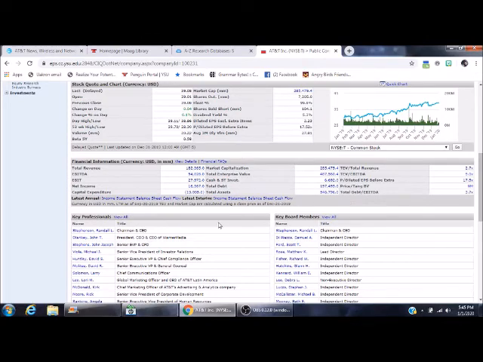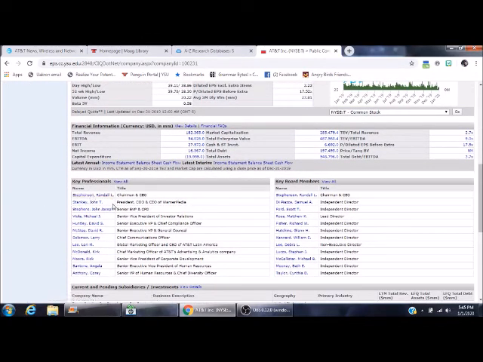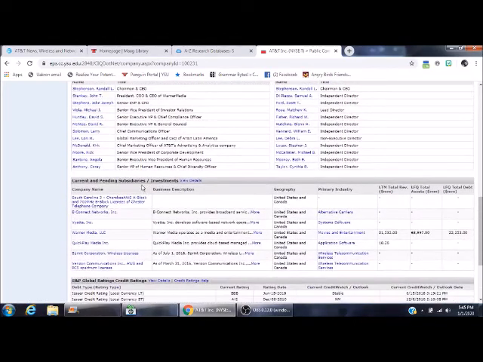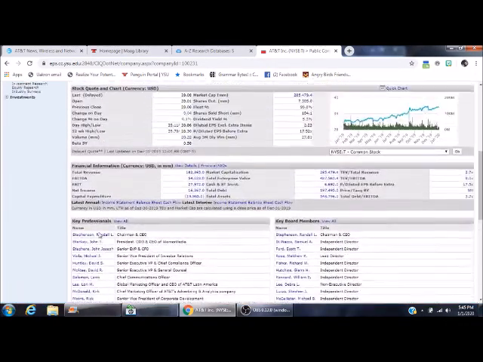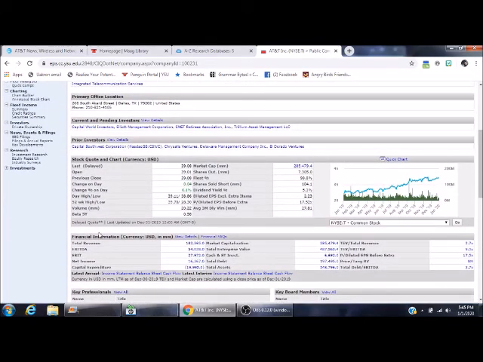Key professionals, some of this may be relevant, some of it may not. Usually if I'm discussing the key professionals, I talk about the chairman and CEO. Sometimes the president is also relevant. Senior vice president of investor relations, that could be an important person as well. Current and pending subsidiaries, these are companies that AT&T owns. You can see Warner Media, a fairly large media company. So there's all that data that I can get on